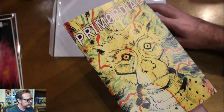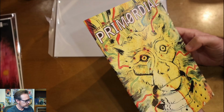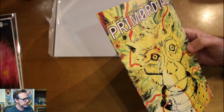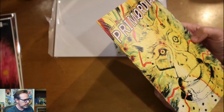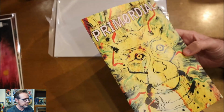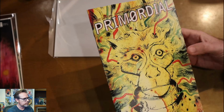Primordial, getting decent reviews. Pretty much anything Jeff Lemire does, I don't want to say it's gold necessarily, but he does such great work. One of the best writers in comics, and so I wanted to have a copy of this exclusive. This is numbered to 500. So I like the cover as well. I thought that the colors on the cover really kind of spoke about the story here all in